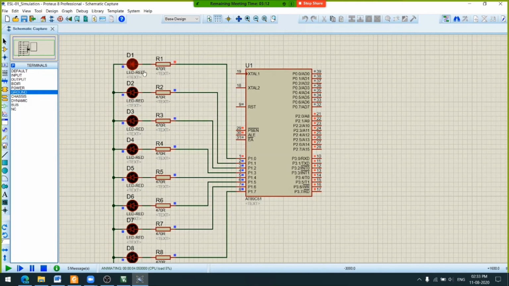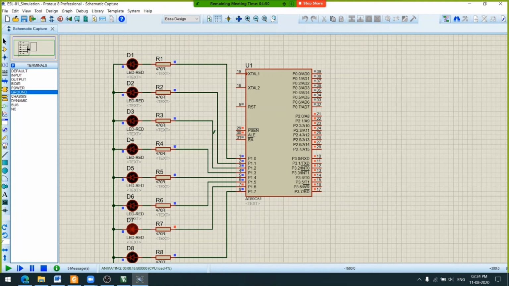This is the LED glowing. Even if you see, this blue dot indicates logic 0 and red dot indicates logic 1. So you see this red dot moving up and down, so that means we are rotating to the left side and the right side, right? Similarly you can see the light inside the animated LEDs as well.